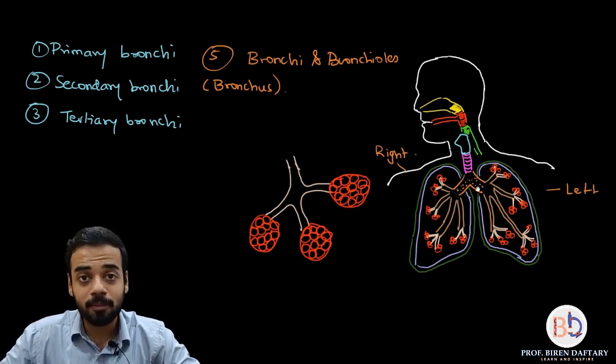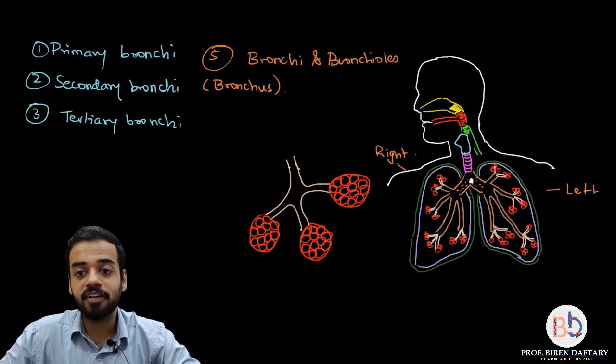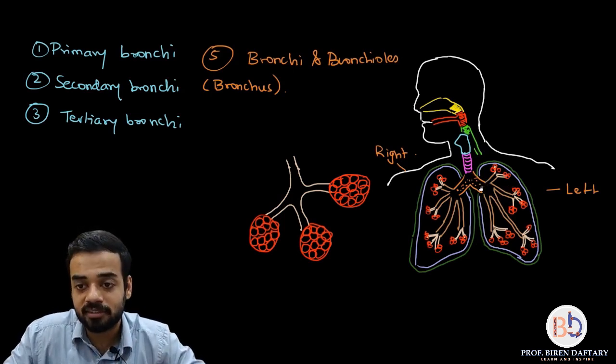Then each primary bronchus enters the lung. You can see the lungs over here. When the primary bronchi enter the lungs, they get divided into many parts. So you can see now this entire orange part gets divided into these skin-colored branches over here also.